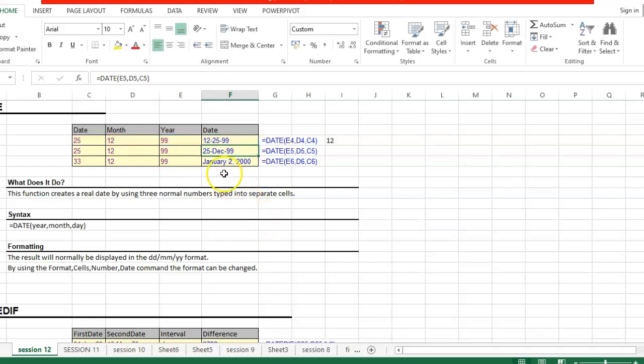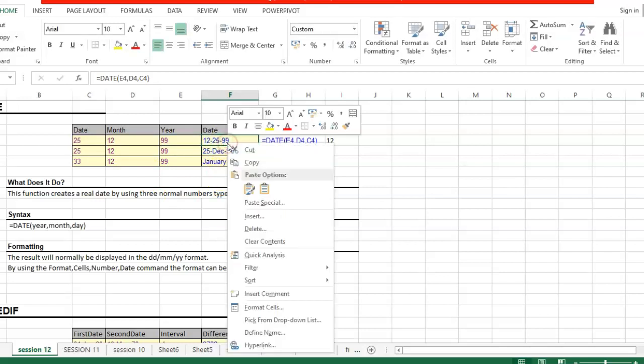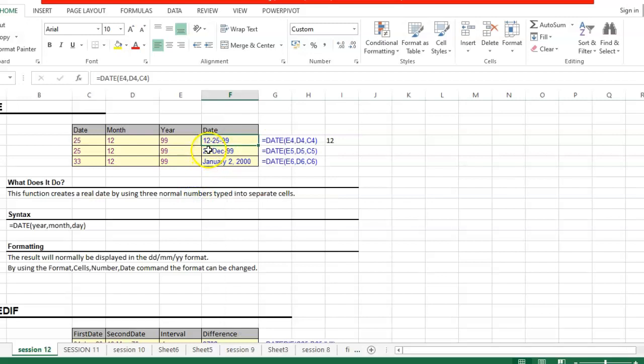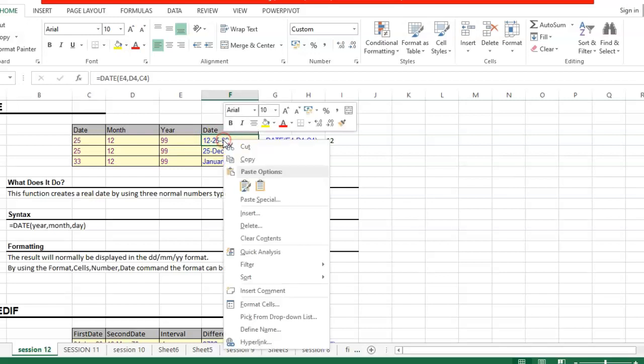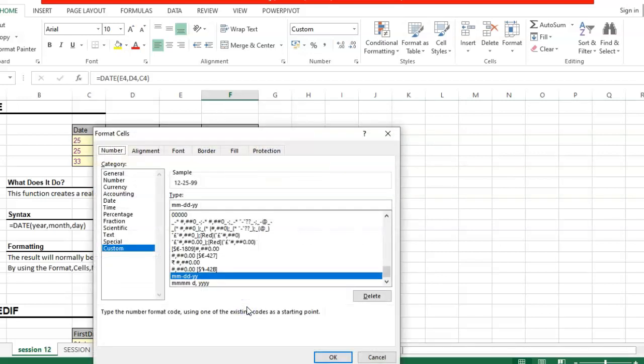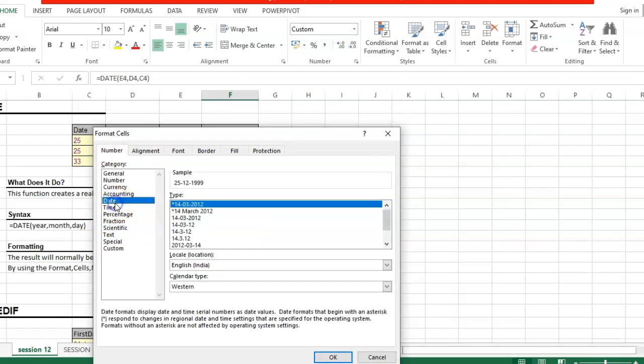So here you can see it is in a numerical format where you have the date in the form of month, then date and year. And how do I change this format? Right click of the mouse, Format Cells. Can you see here? So either you can customize it or you can go to Date, which has already got a predefined sample. So you can select from these two.